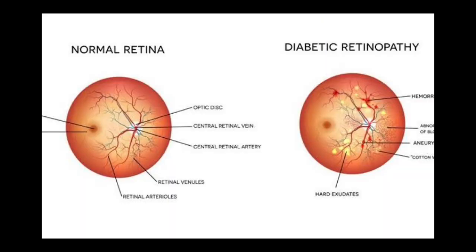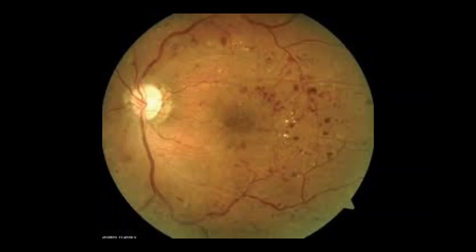Then this is diabetic retinopathy where we can see dot and blot hemorrhages, which are microaneurysms, and hard exudates. Then after that there is a real picture of diabetic retina. That is very important to see because in the exam you might get real pictures. This is the real picture of diabetic retina where you can see dots and blots and a few hard exudates.